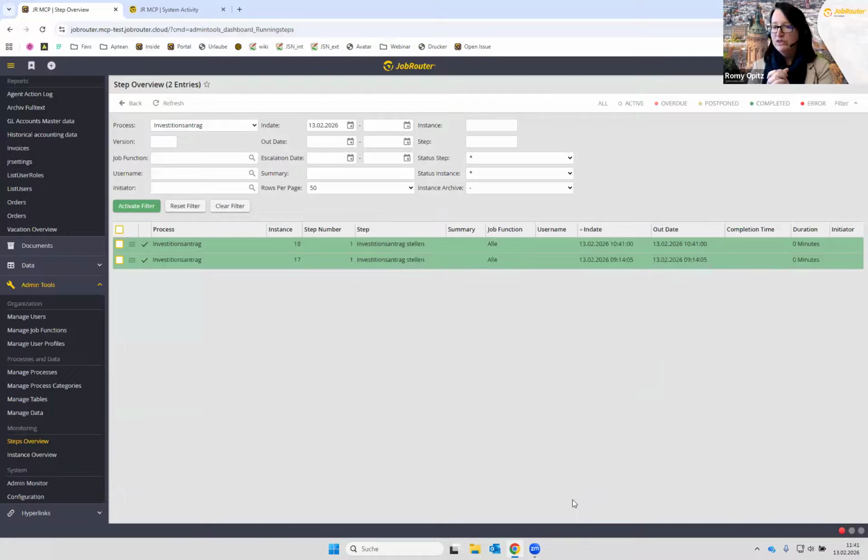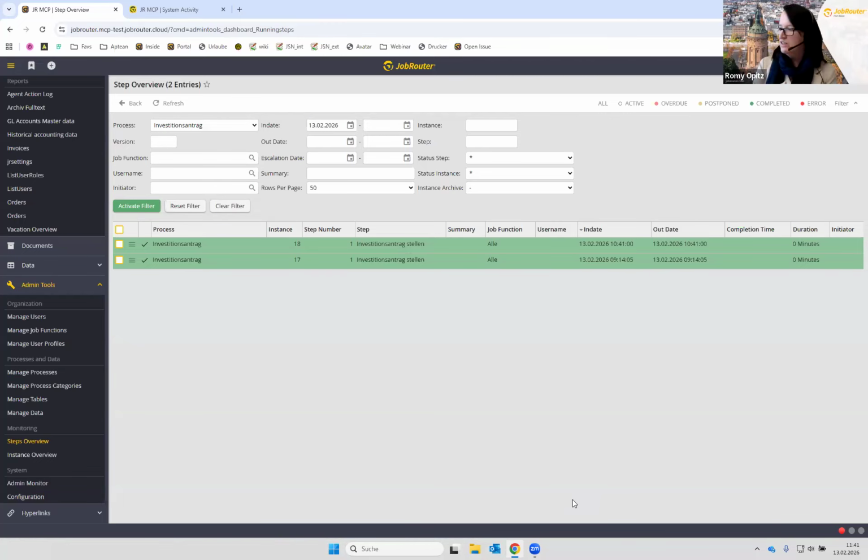So that's just some of the use cases we are currently thinking about. As I mentioned, the system activity will be published quite soon with the next release. The user agent, as you could see, still needs some work. We need to work on reliability and performance as well, because if the AI agent needs a minute to answer,